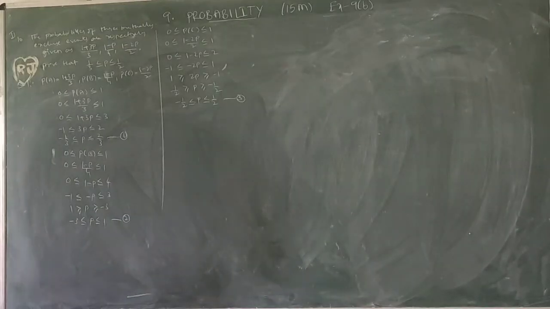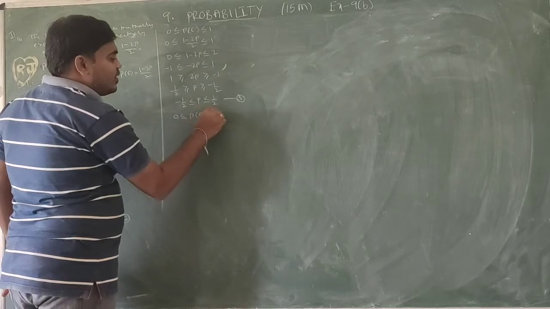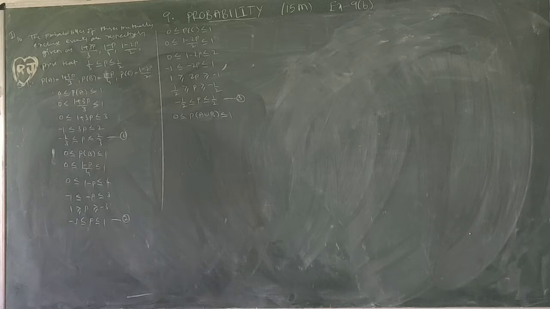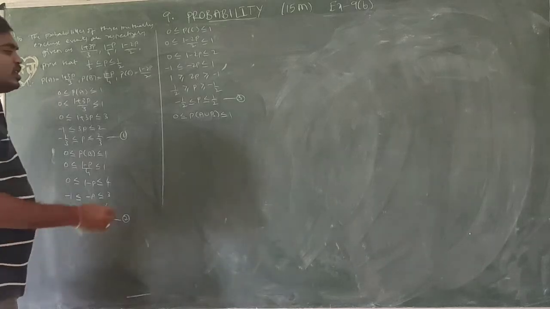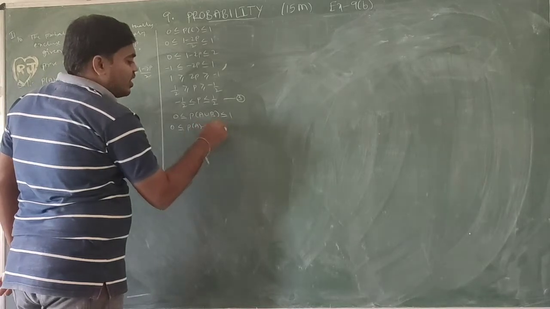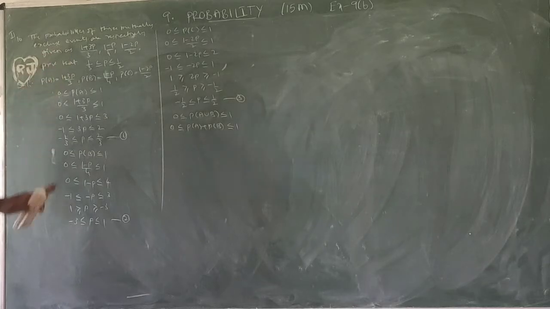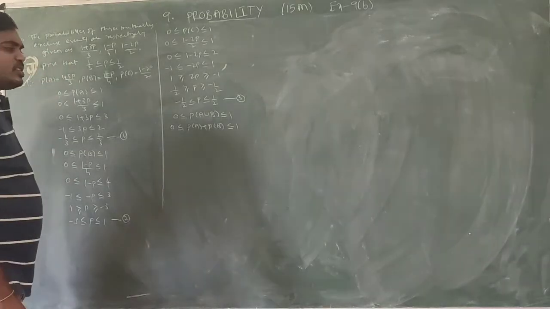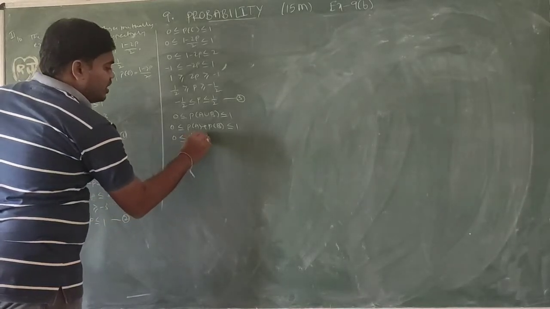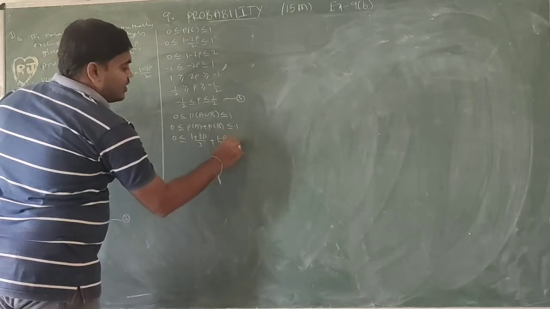Next, after this, 0 ≤ P(A ∪ B) ≤ 1. A union B is also ≤ 1. The formula for A union B: P(A) + P(B) − P(A ∩ B), but they are already mutually exclusive, so the intersection part is 0. No intersection. So 0 ≤ (1+3p)/3 + (1−p)/4 ≤ 1.